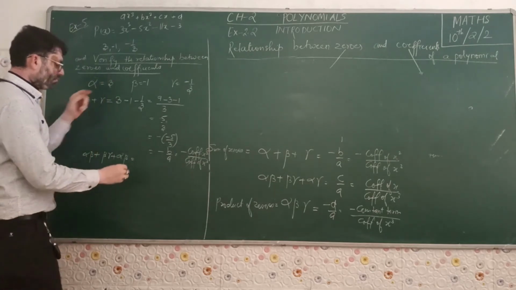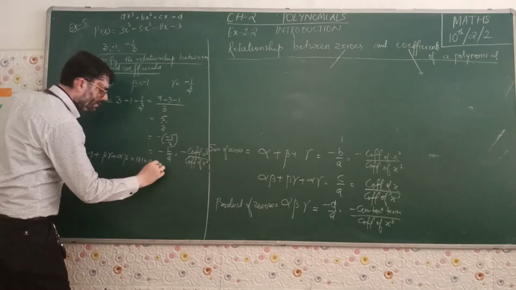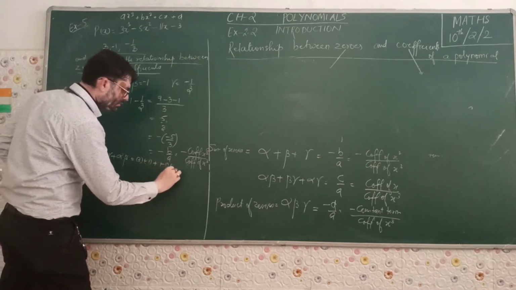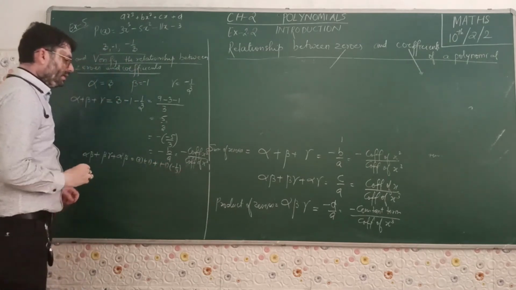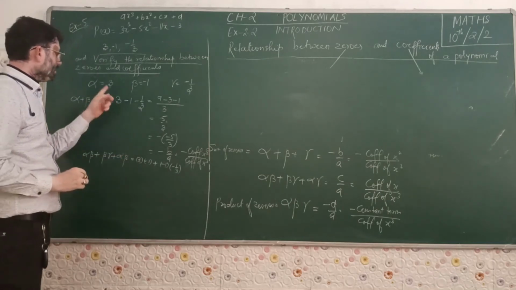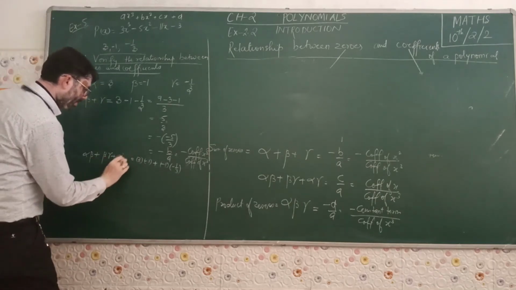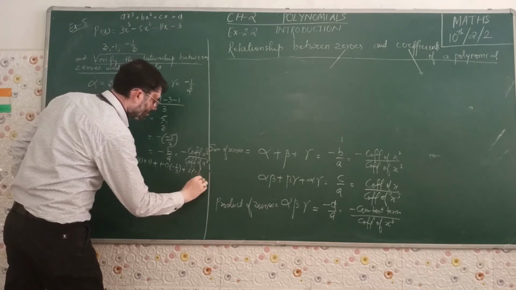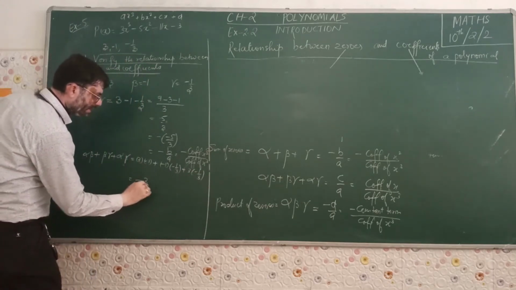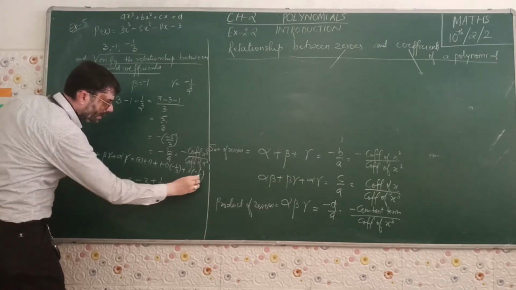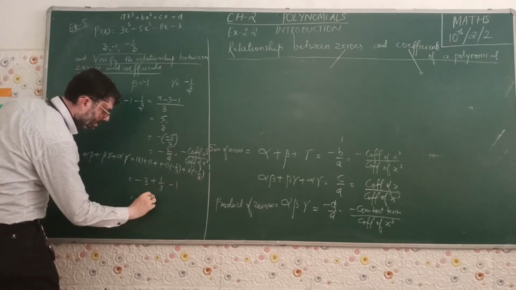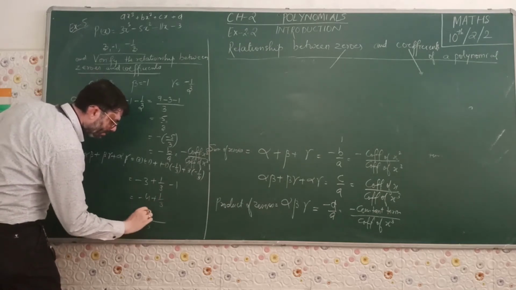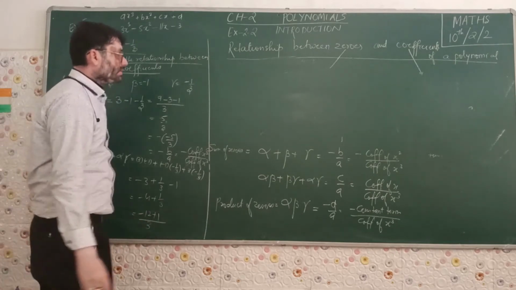So alpha into beta, so 3 into -1, plus beta into gamma, -1 into -1/3, and third, alpha into gamma, that is 3 into -1/3. Multiply 3 into -1 is -3, plus 1/3, and it cancels -1. So this is -4 plus 1/3. To take the LCM, this is 3 minus 12 plus 1. So this is equal to